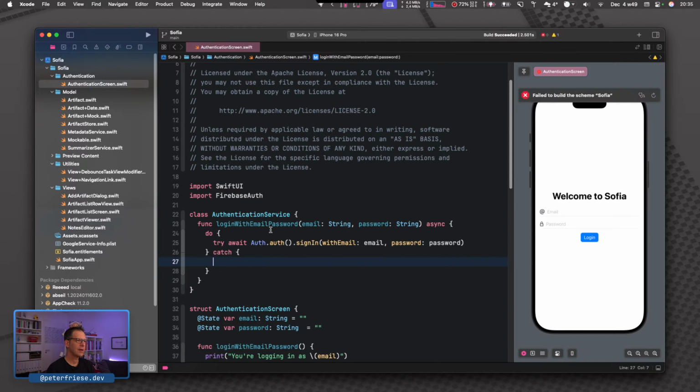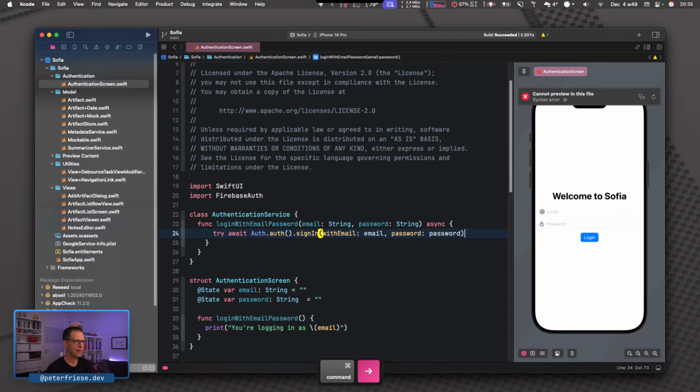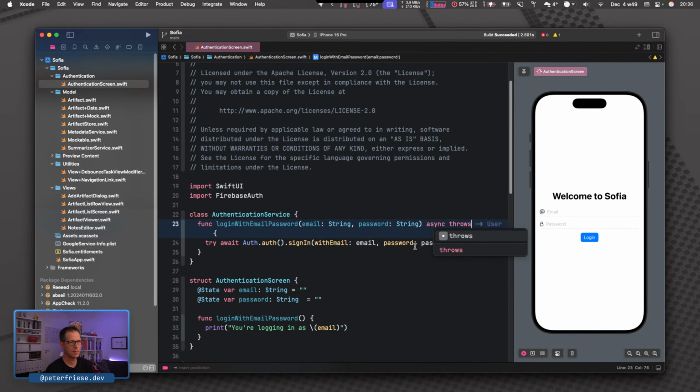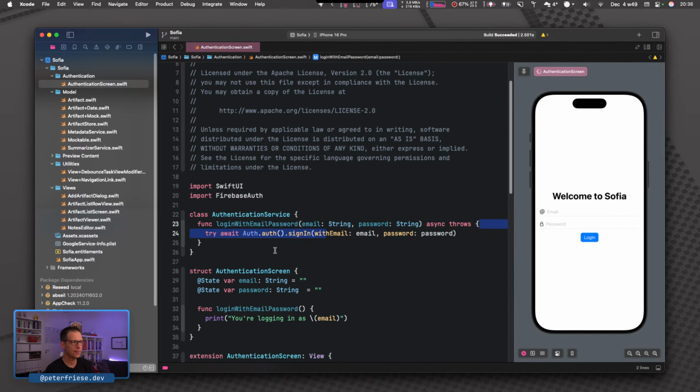Although, now that I'm thinking about it, maybe we should pass on the exception and then make the view decide what it wants to do. Let's see. Yeah, let's do that for now. And then let's see how we like it. Okay,